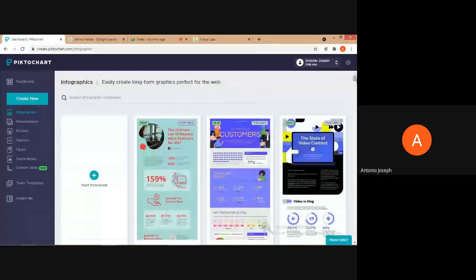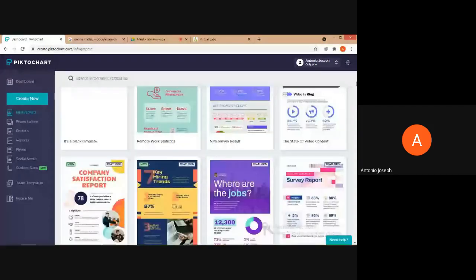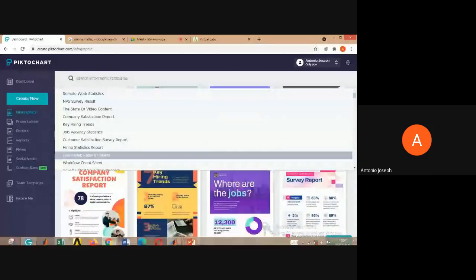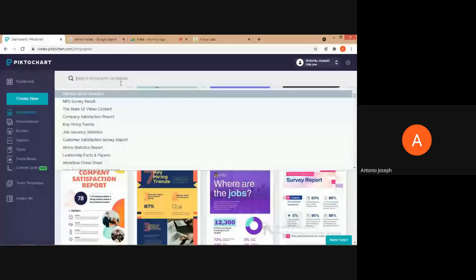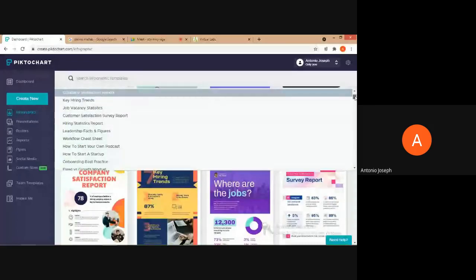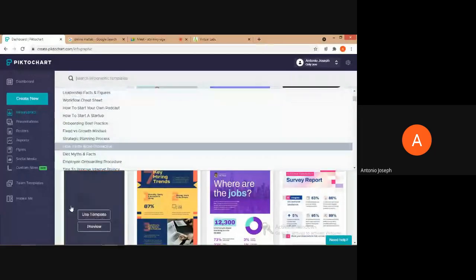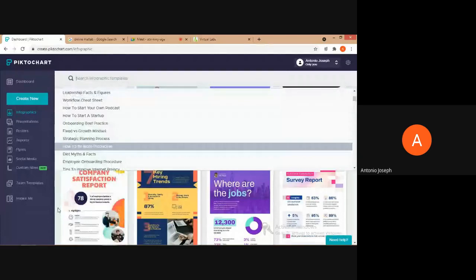See, there are a lot of templates that are available. And then we can search also. We can search for templates for our specific purpose. We can just type the keywords and search. Now I am not going for that. I will show how we can create or modify the graphs using these infographic templates that are available.